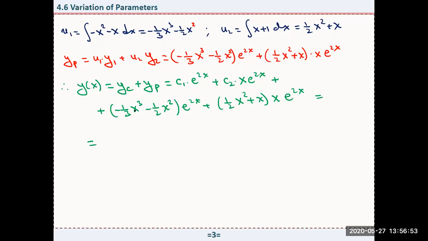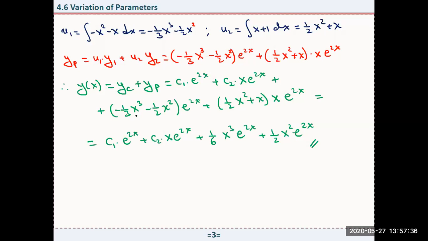If we take this out, in a more compact form, we can write it as c sub 1 e to the power 2x plus c sub 2 x e to the power 2x, and here, if you simplify this, we have 1 over 6 x cubed times e to the power 2x plus 1 over 2 x squared times e to the power 2x. Right, because if you remove the brackets, here we have 1 over 2 x squared times x is x cubed,